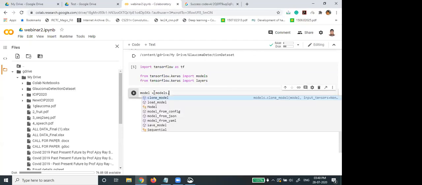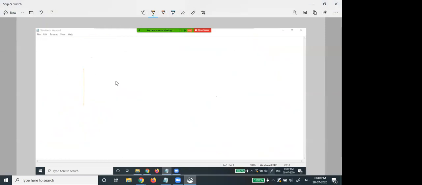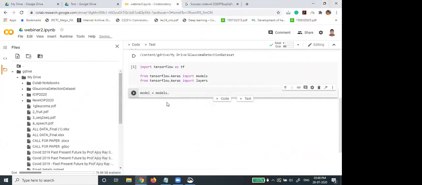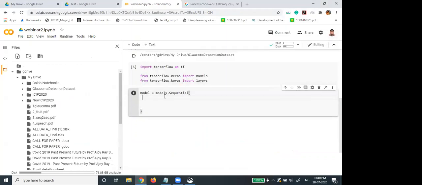Models dot, we will create the sequential model, because it is one layer, then second layer, one after another. So model dot sequential, and we will add different layers.